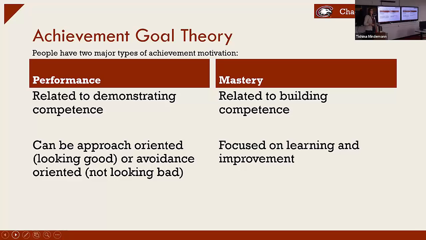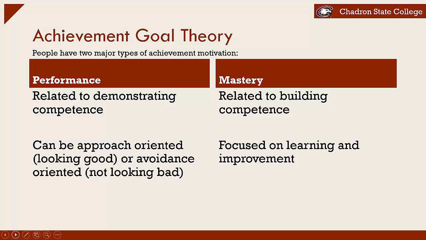I want my teacher to think that I'm really smart. I want my classmates to think I know what I'm talking about. I want to do really good on this test. Versus avoiding looking bad, right? I'm not going to talk in class because everyone's going to think I'm an idiot, right? And we know that avoidance motivation in particular is really maladaptive and can have some negative psychological repercussions. And so we want to really avoid ever stressing this side of it, right?